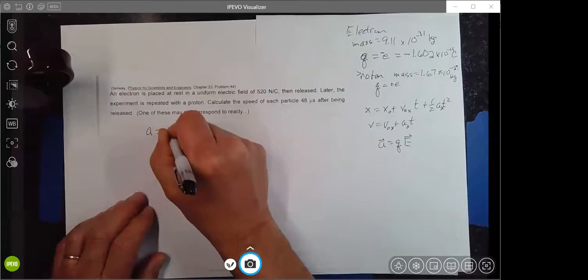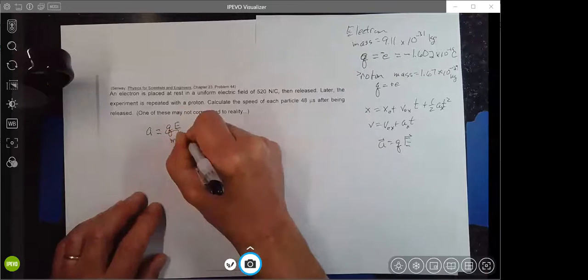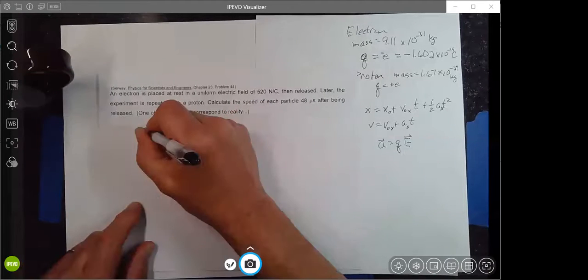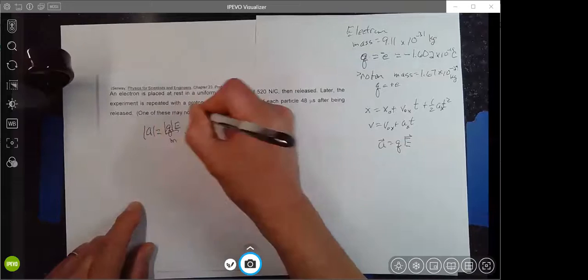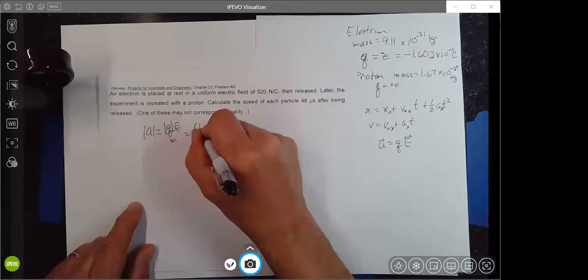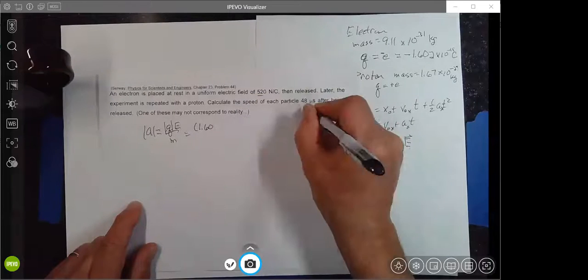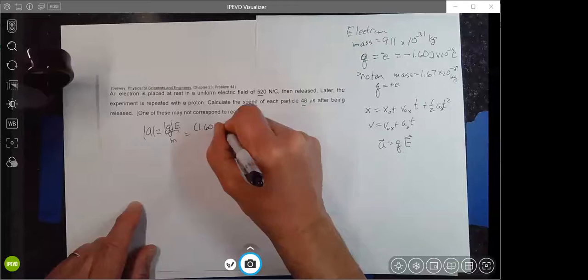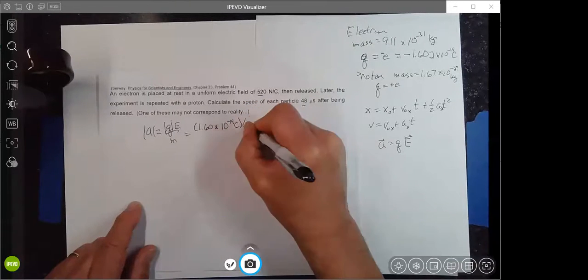Acceleration is just going to be QE over M. I'm just interested in the magnitude here, so I'll go with the magnitude of the charge, 1.60. I've only got 2 sig figs on that thing and 2 on that. So I'll just use the 1.60 times 10 to the minus 19th coulombs times